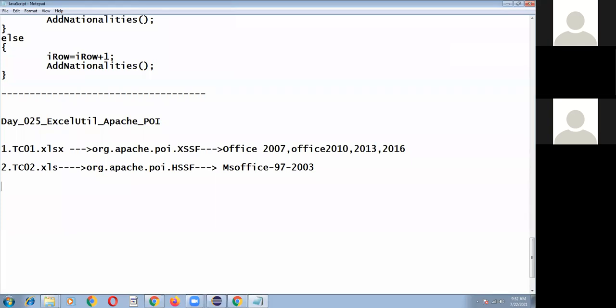Anyway, as part of this lab, we are going to learn how to read input data from both .xls and .xlsx.